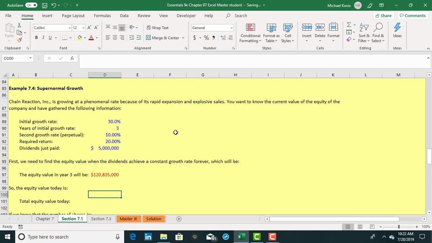So it's going to come out a little wonky in that first calculation. However, if we multiply it by 1 minus